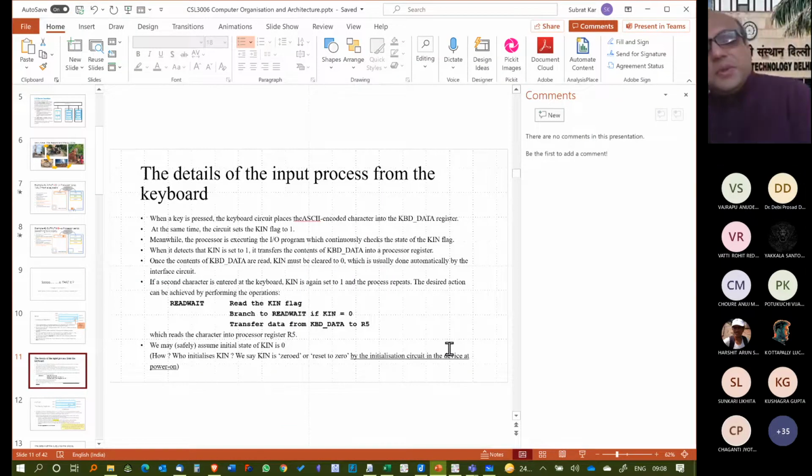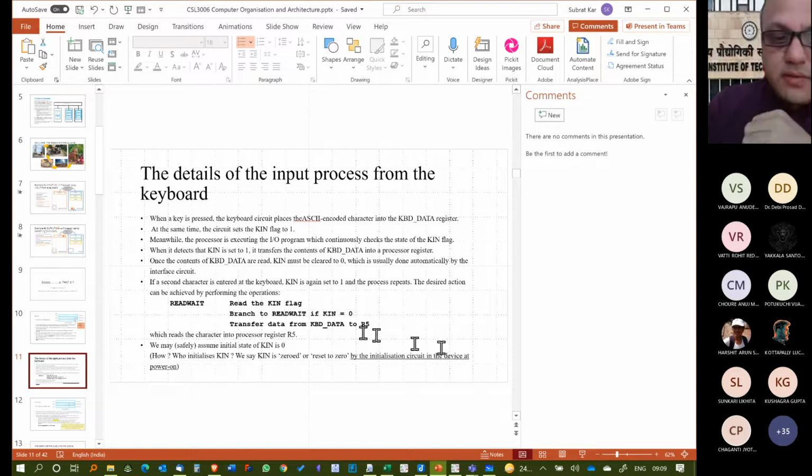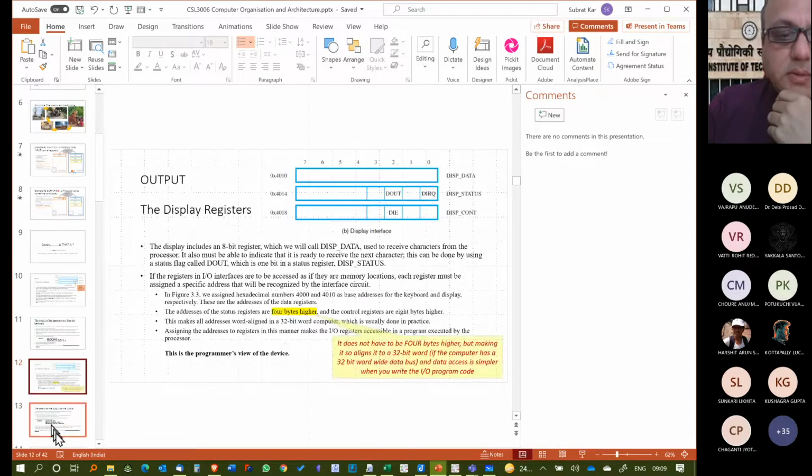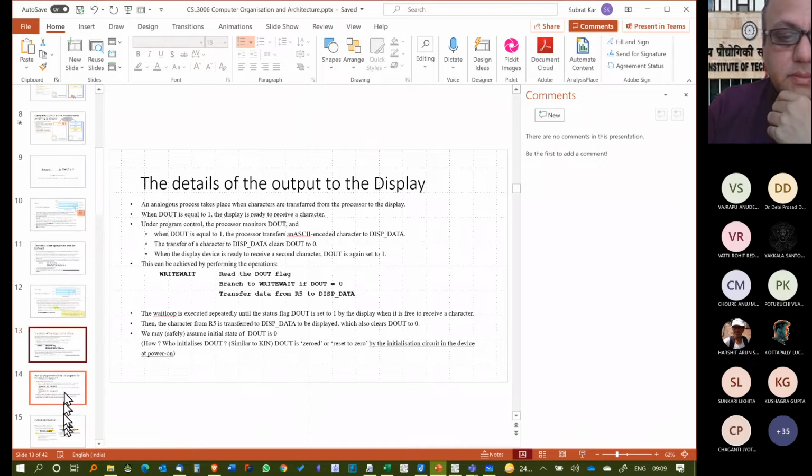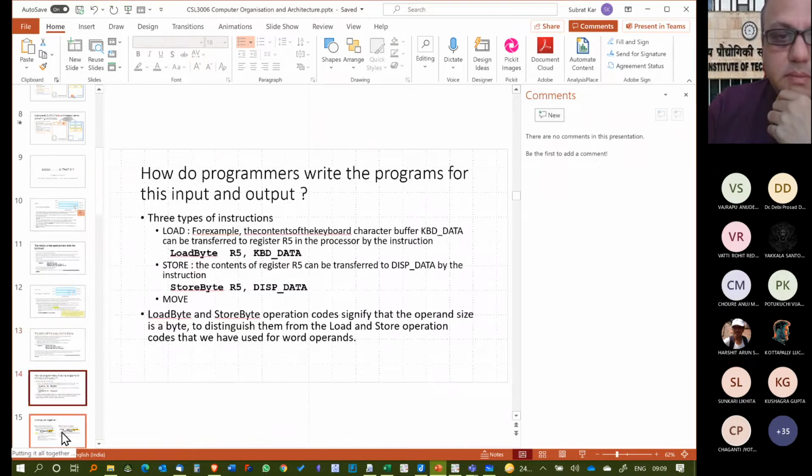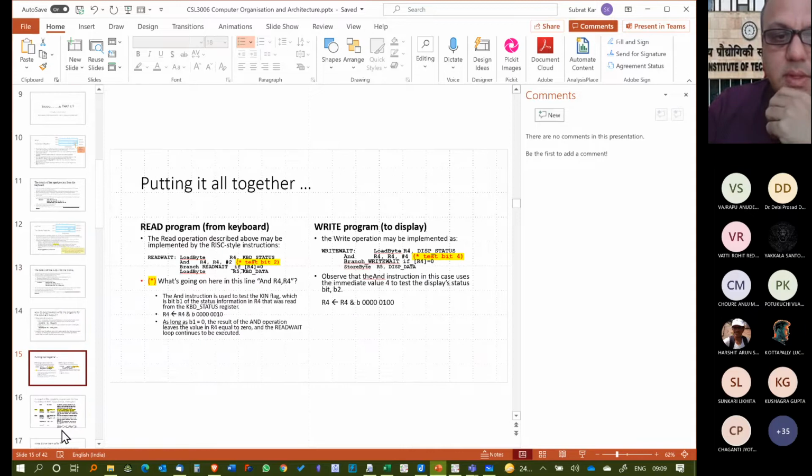So thank you. So we also need that loop of code which you have to invoke to get this byte in and into R5. So we for the first time talked about these little pseudo code snippets. And then we went on to look at an output device and its pseudocode snippet. And we pulled it all together and we said that you keep on polling the device, and when the status gamcha becomes 1, you then either read or write to the device. And we left it at this happy note, but